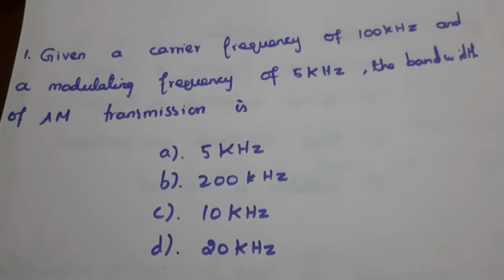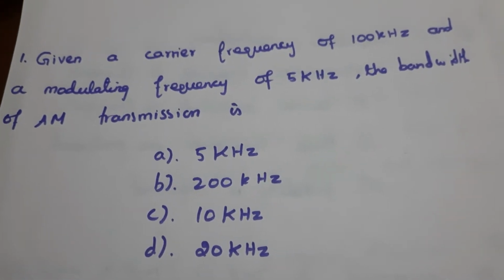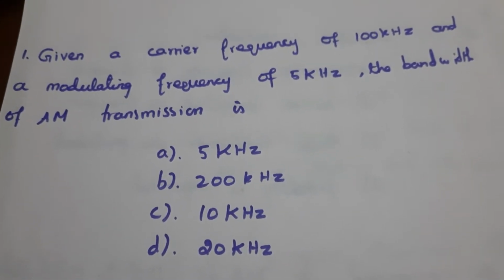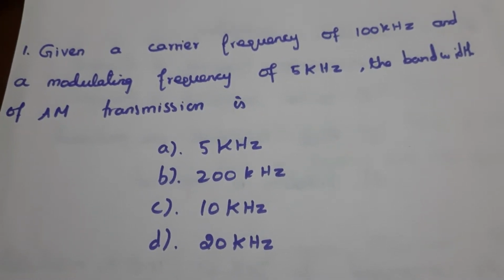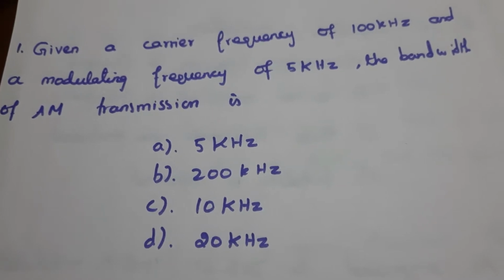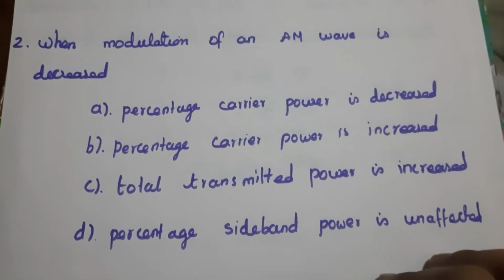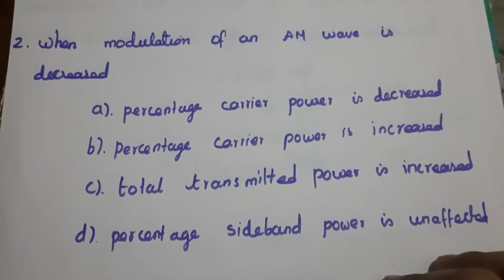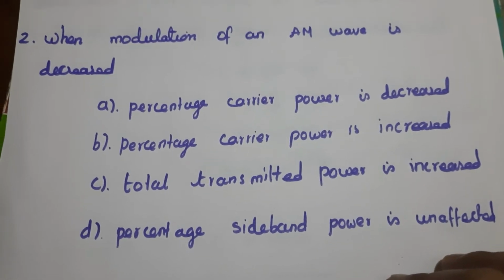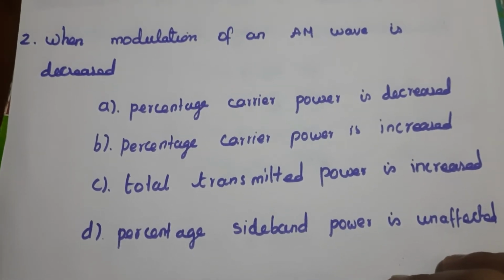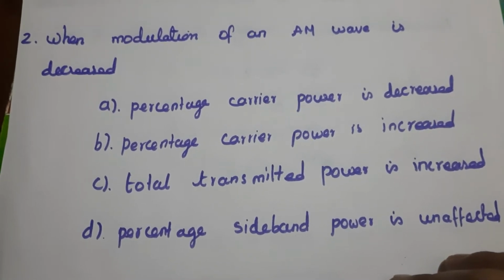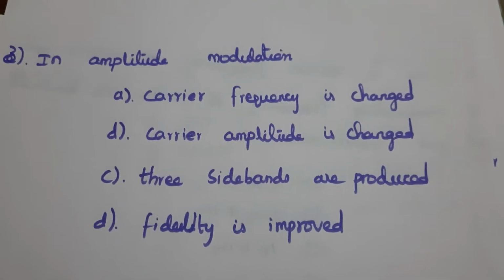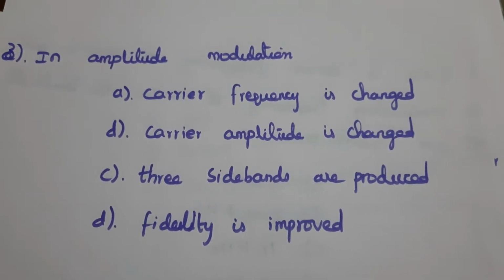First question, given a carrier frequency of 100 kHz and a modulating frequency of 5 kHz, the bandwidth of AM transmission is. Second question, when modulation of an AM wave is decreased, find the correct one. Third question, in amplitude modulation,